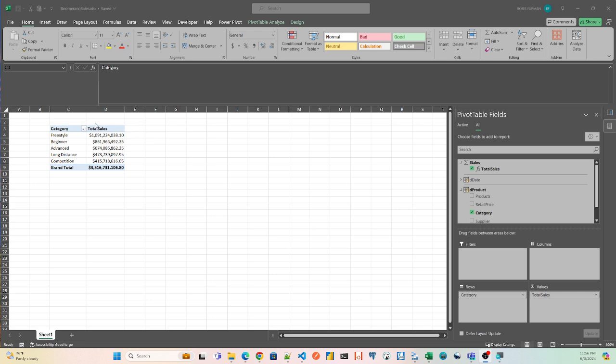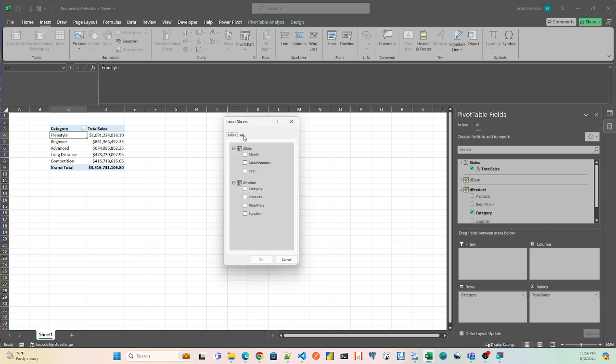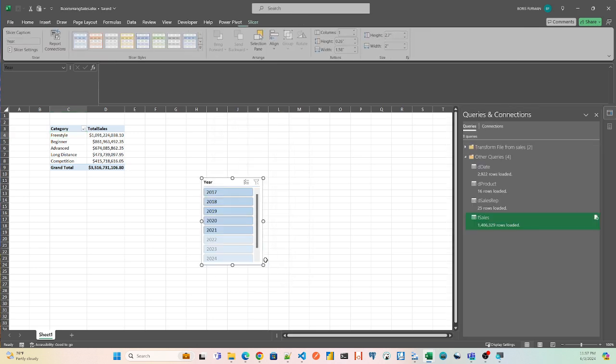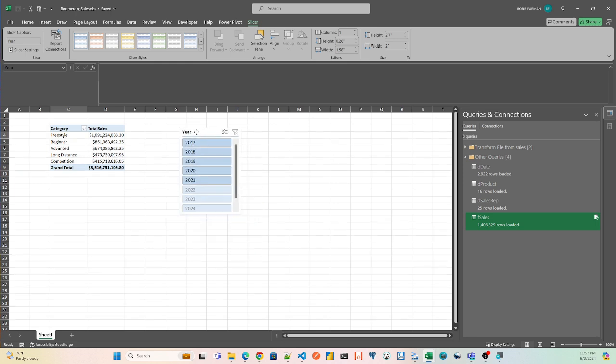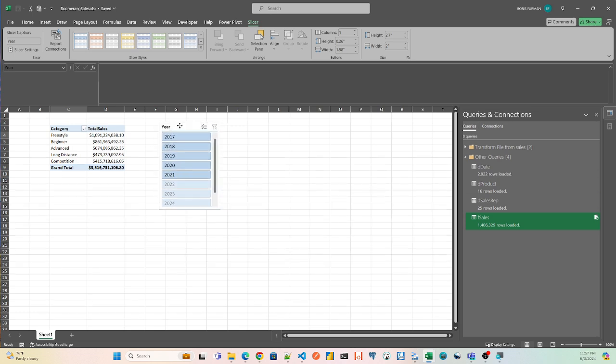Let's add a slicer in the chart. So we're going to go Insert, Slicer, and under date, let's slice it by year. What you can see is that our date list has dates all the way to 2024, but the data we have only goes to 2021, which is what we expect. And as we change our slicers,